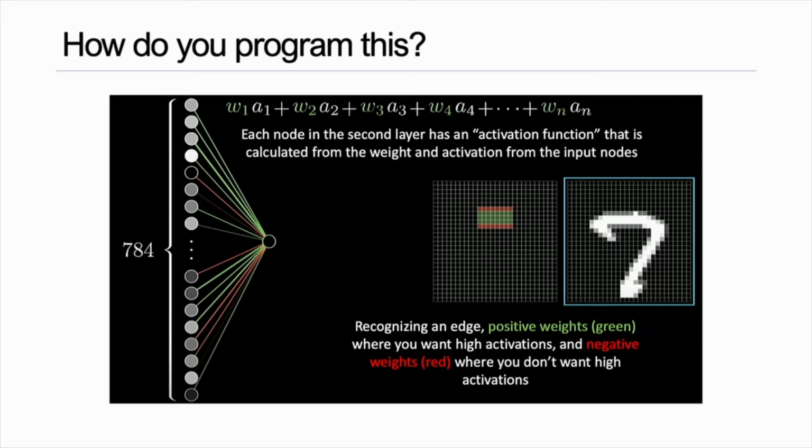So how do we encode, say, in the first one of the neurons within that first hidden layer, how do we encode edges? So each neuron within the second layer has a combination called the activation function. And an activation function is essentially a series of weights and activation numbers. The activation numbers are the numbers associated to these 784 neurons that we get at the beginning. So you have A1 with the first neuron, A2 for the second. And each one of those activation functions also has a weight, as in how important